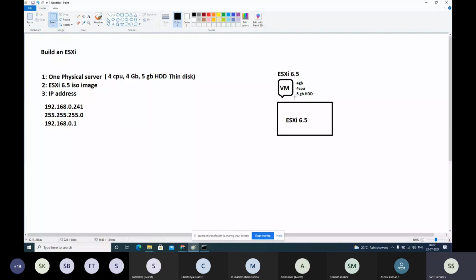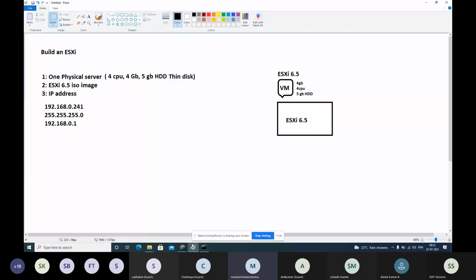As practically it is not working out, we have created a VM and made sure its hardware components are equivalent to a physical server. Now I'm saying this virtual machine is exactly equivalent to a physical machine, just to reduce this investment on physical servers and help you with the labs. And we are installing ESXi on top of it. This procedure is limited to this class only, during the learning phase. In real time, you will definitely get a physical server. Okay, sir, thank you, understood.